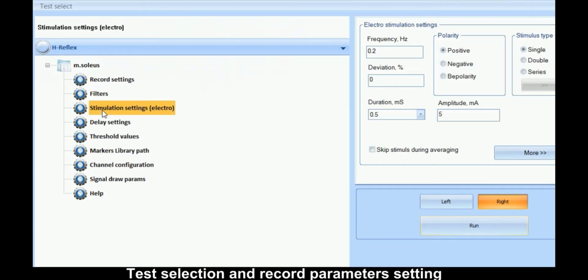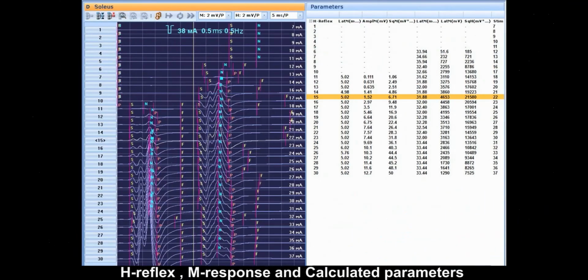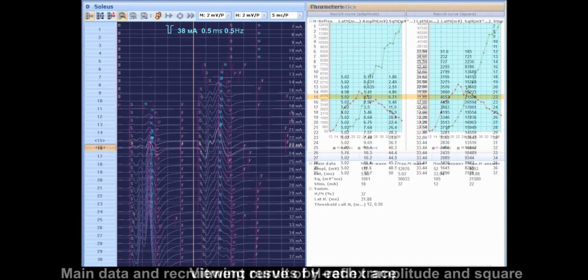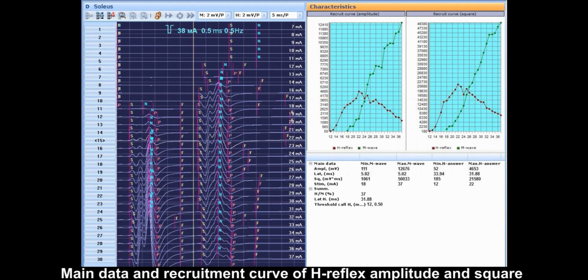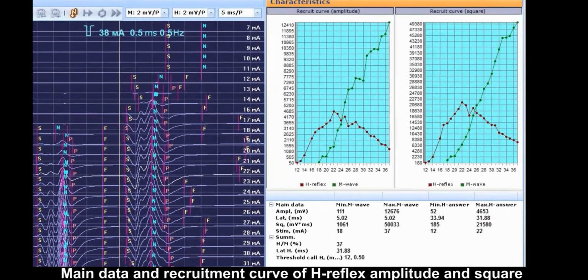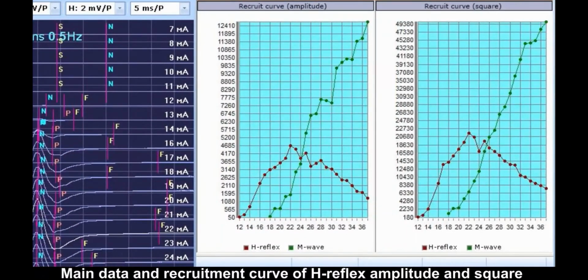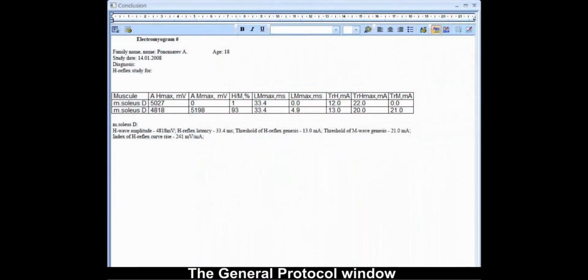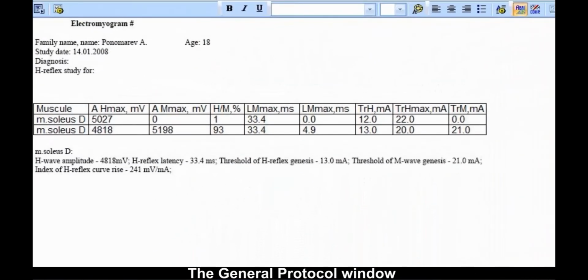H-reflex. The software provides viewing test results both for all tracks and for each track separately. Main data for the analysis are presented in the form of graphs of H and M responses amplitude dependence on stimulus intensity value. Record and stimulation parameters, integral tables data, and test conclusion are automatically included in the comments of